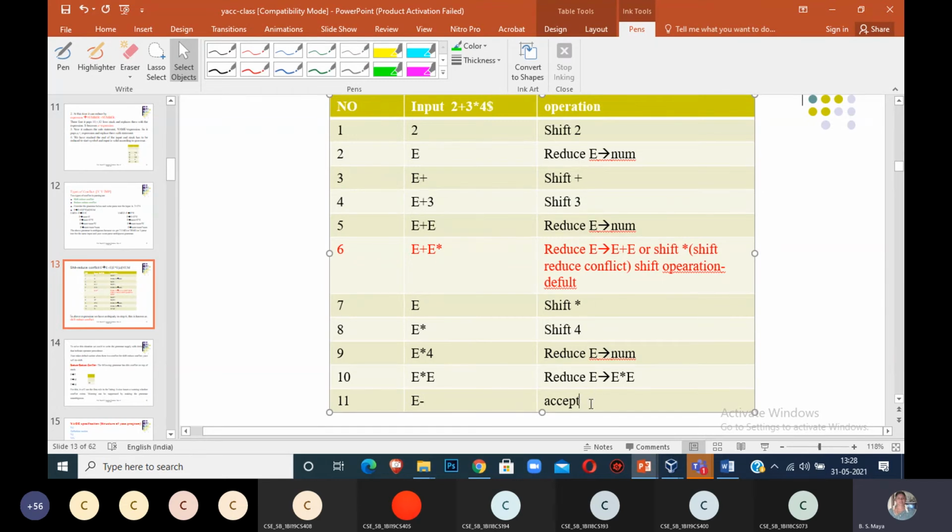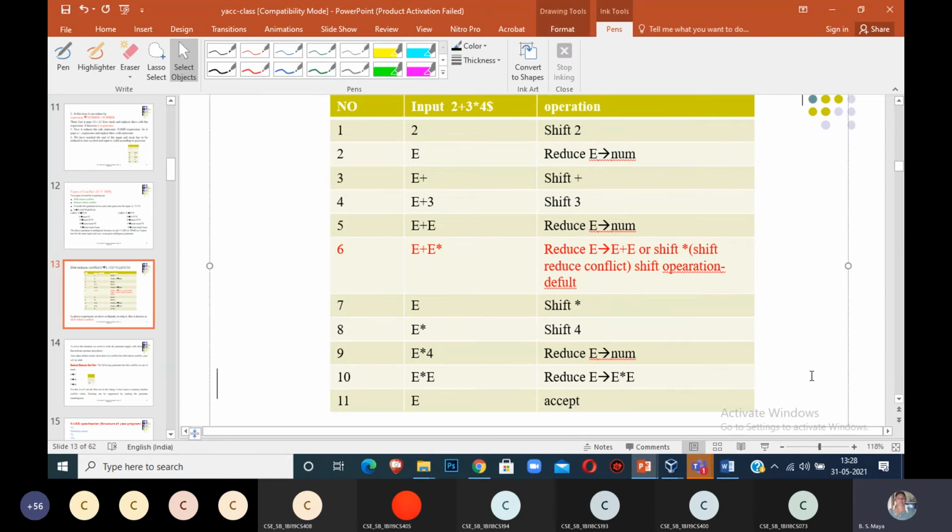What can you say now? Can you say accept now? There is no more input symbol to read. Then what can you say now? Reject, I can see error. There is no recheck here because the input is not able to find out. The input is already at the end, the end is dollar, and the stack contains E and minus. Then you can say error. This last action is error. If there is nothing but E, you can say accepted.